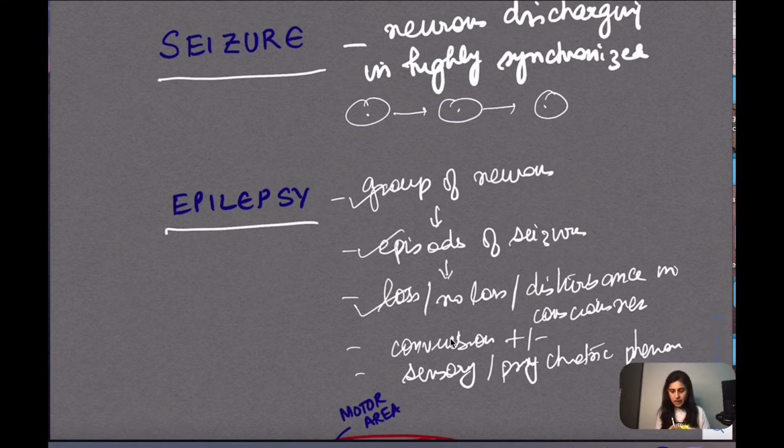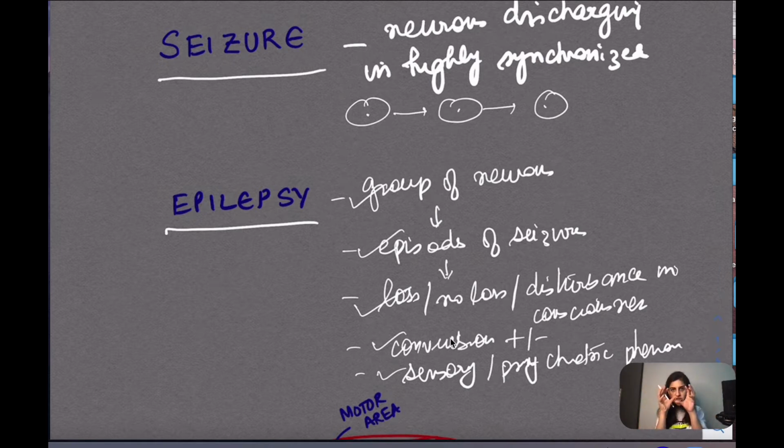कुछ भी नहीं है. Then there can be those characteristic body movements. It is seen in certain types of epilepsies, and it may not be seen in certain types of epilepsy. So it can be present, it cannot be present. Then there are certain other phenomena, कईयों को sensory phenomena है, psychiatric phenomena है, because it all depends on what area of your brain is involved.